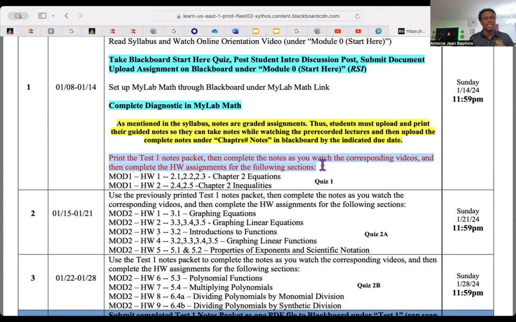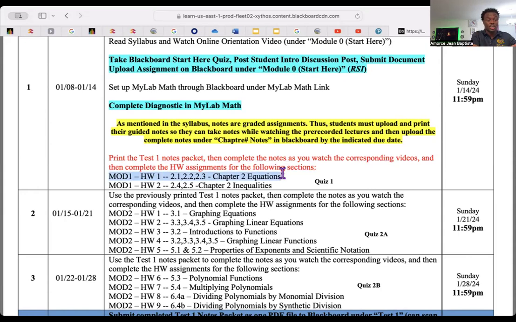You watch the video, you take notes while you're watching the video, and then you move on to your MyMathLab to complete your homework assignment, module 1, homework 1. That's the same label you're going to see on Blackboard, on MyMathLab.